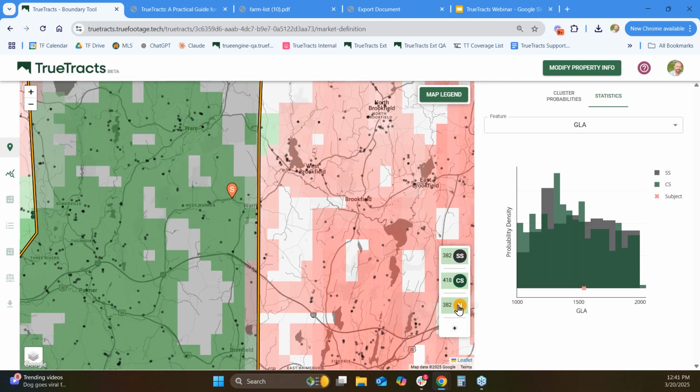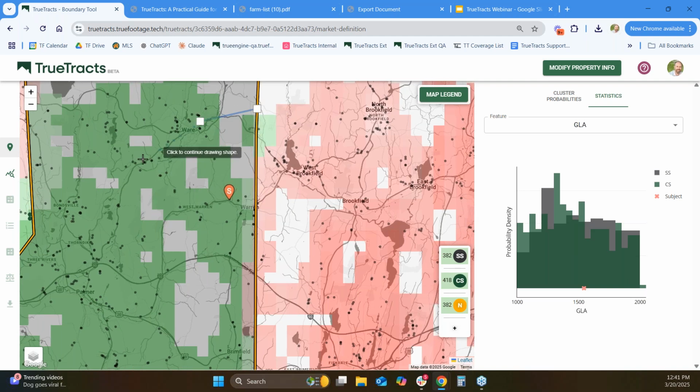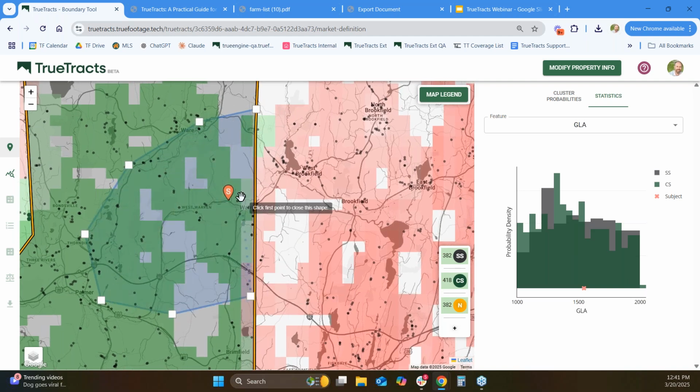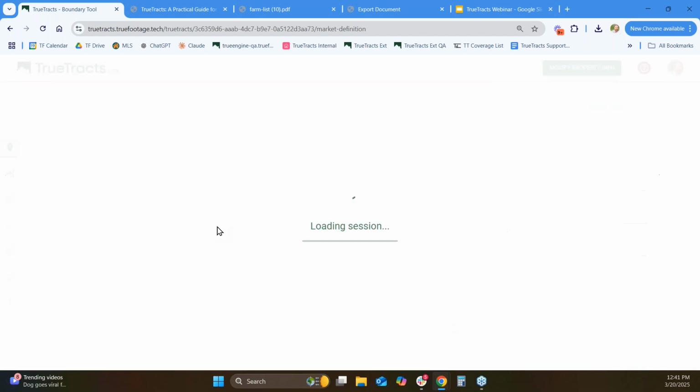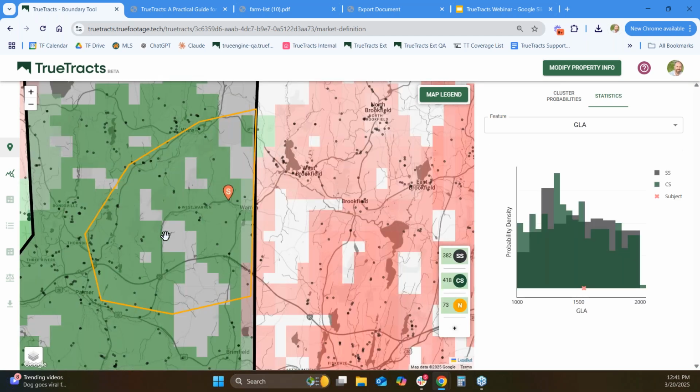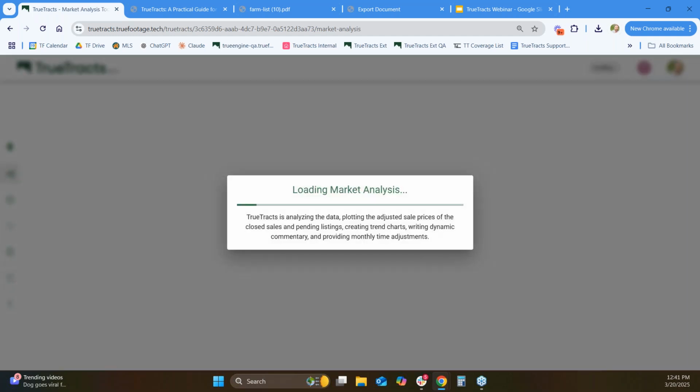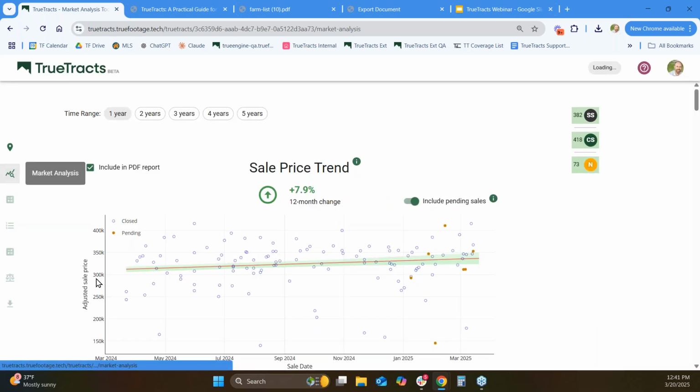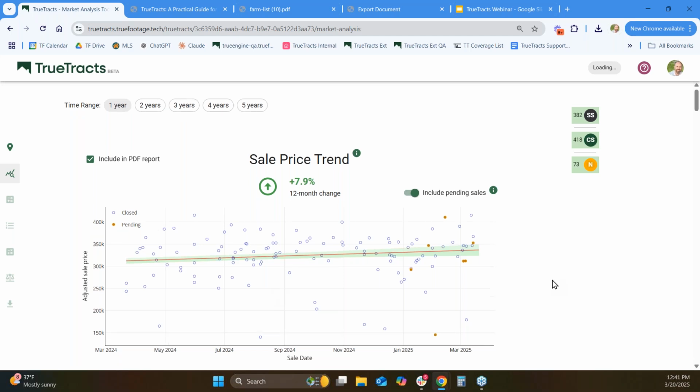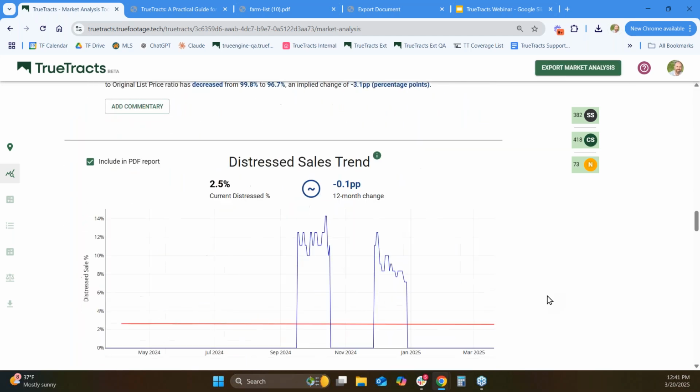So if I wanted to, I can hover over this N, and I can simply define a neighborhood. I don't know this area. I'm in Chicago, so I don't know what the neighborhood is, but let's assume that this is the neighborhood. Now there's only 73 properties in that. And so when I come back here to market analysis, neighborhood does not change the analysis. The neighborhood is a compliance cluster. It's not going to change this analysis. What it's going to change is when you come down here,